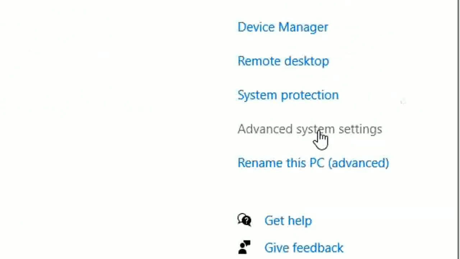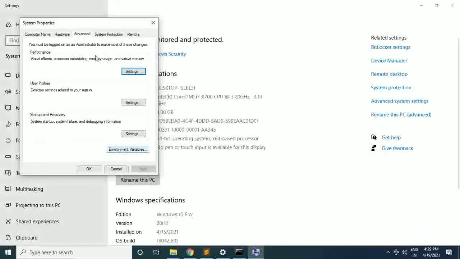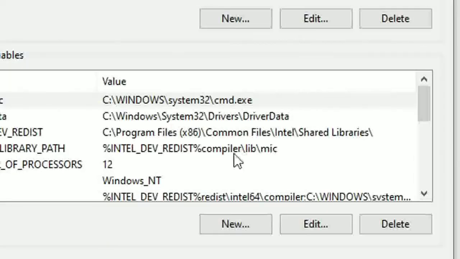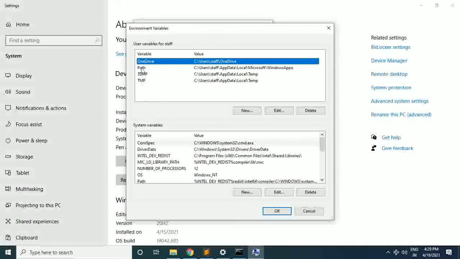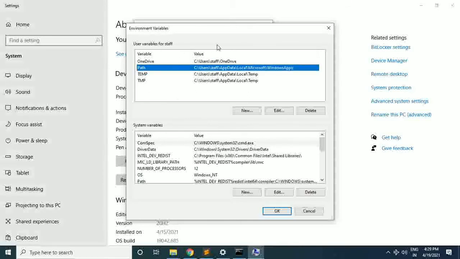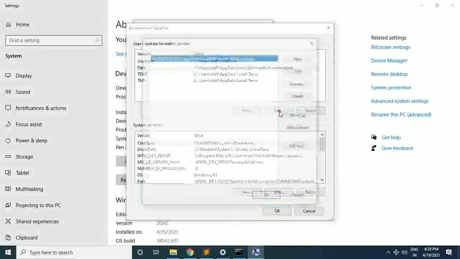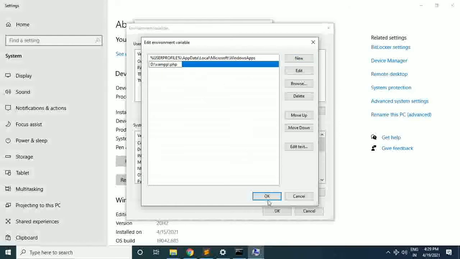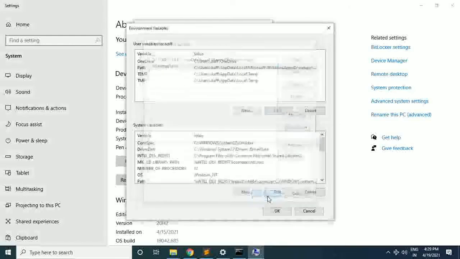and you need to go to the properties of your computer, then in advanced system settings. Okay, here you have environment variables, so click on this. Then here you can see there are two different environment variables, one for a specific user and one for all system. Okay, so first of all add this path to the specific user. So select this path and click on edit. Now here again click on new, so simply paste your path here.